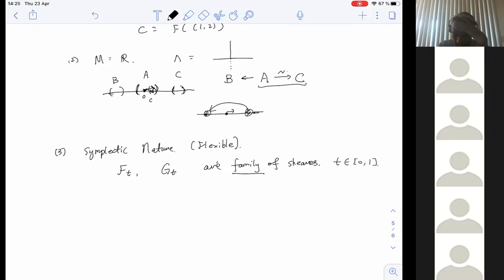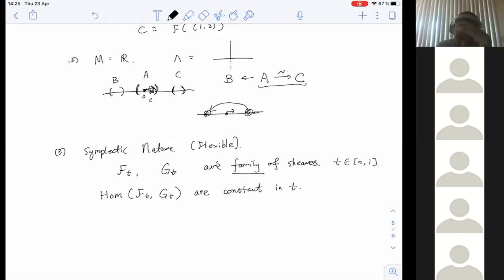So a family of sheaves means they are slices of sheaves in one extra dimension. Then one can ask how does the Hom between F_t and G_t change? So there is a result like this. Hom of F_t, G_t is constant